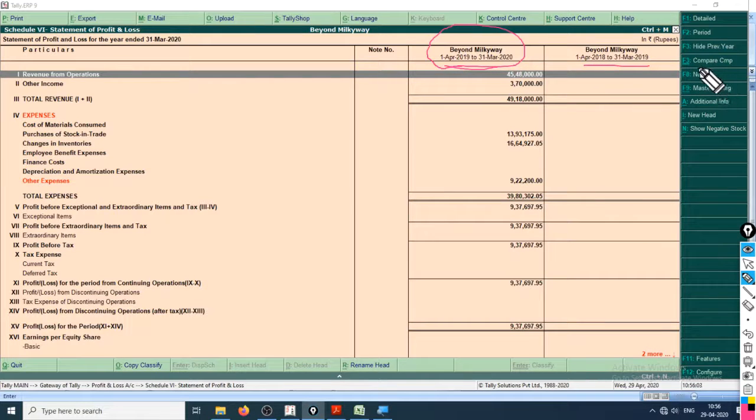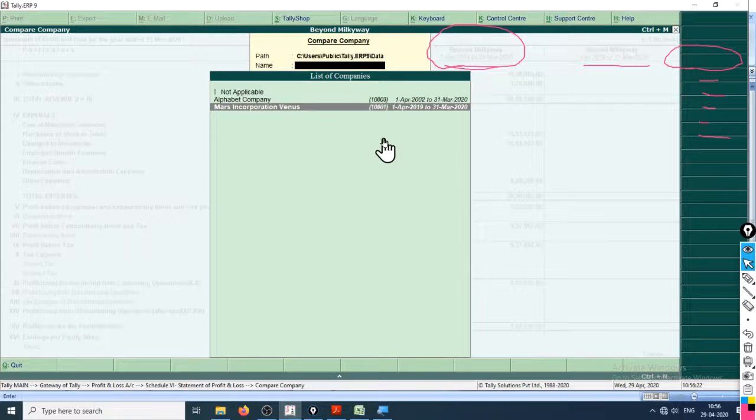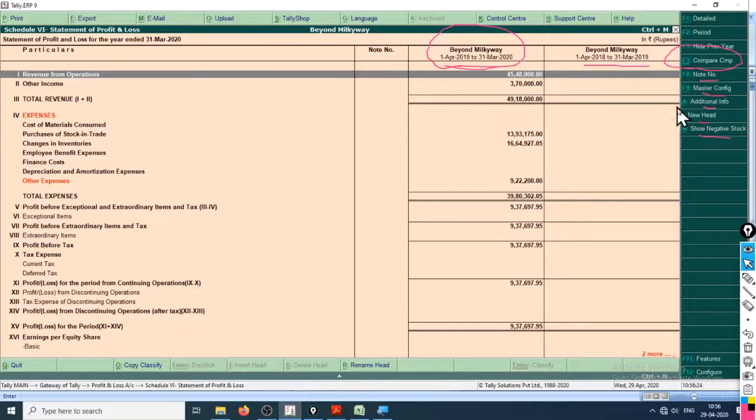There are various options right here, that is you can compare a company, you can enter the same profit and loss account of another company if you have it. Note number, master config, additional info, new head, show negative stock. Let's see what's in compare company. I can open any of these companies, and as soon as I enter it, it will show the balances of that company also.